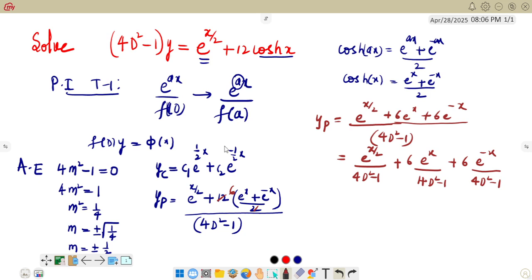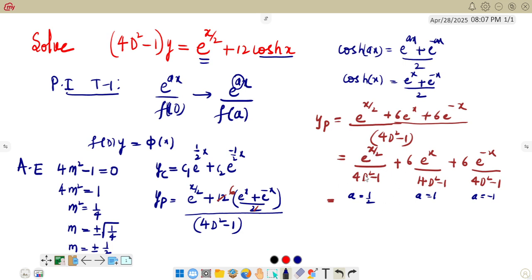Now look at this example carefully. As I told you already, this is a type 1 example. Here the value of a is 1 by 2. Here the value of a is 1. Here the value of a is minus 1. Just compare with e raised to ax. The a values are 1 by 2, 1 and minus 1. So what we need to do here is